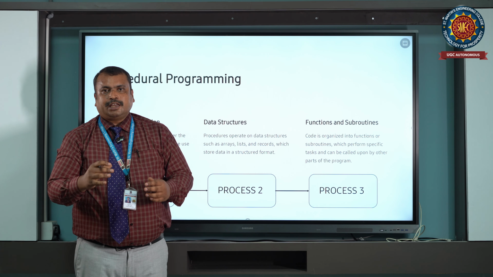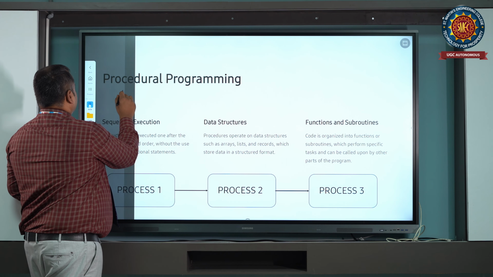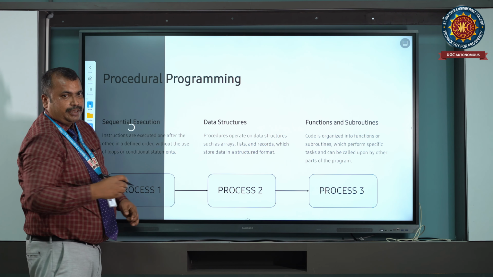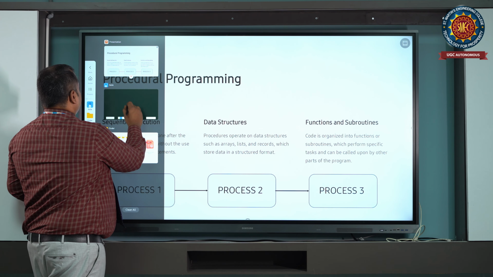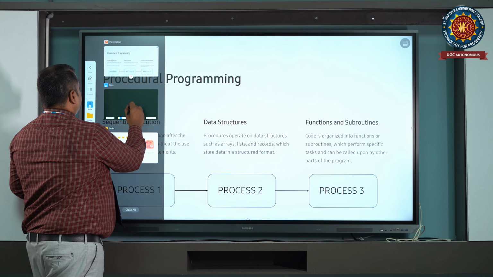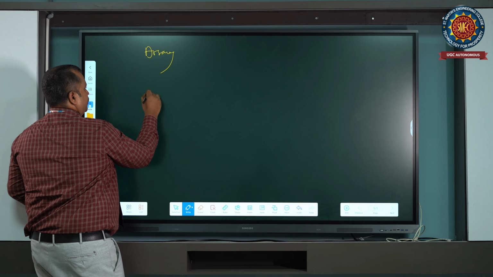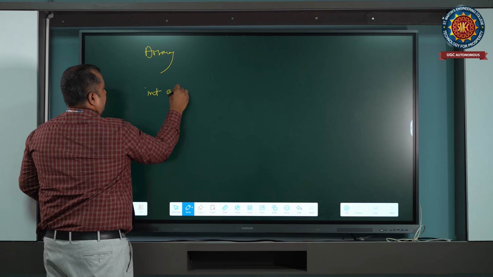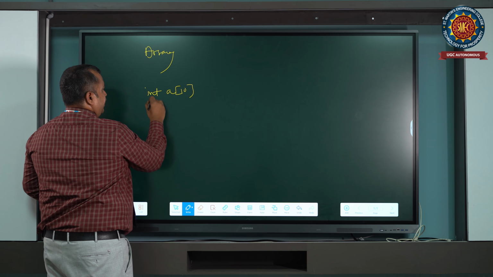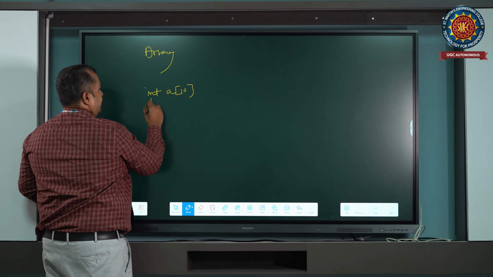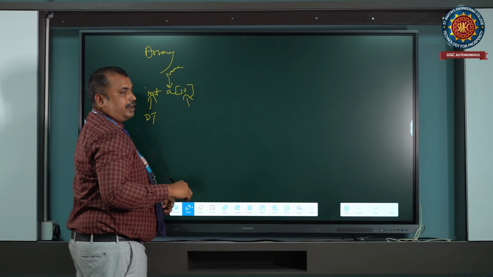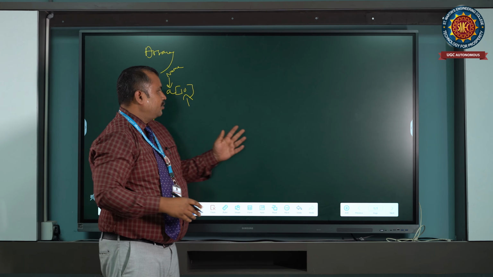What is homogeneous type of data? Listen here, I will tell you. Suppose we are using an array, like this: integer a of 10. Integer is the data type, a is the name of the array, and 10 is the number of elements that you can store in the array.